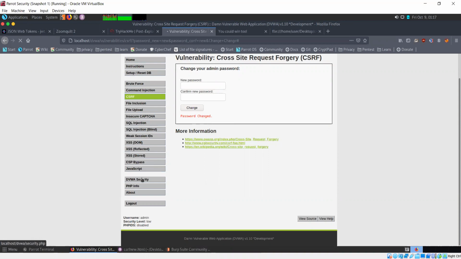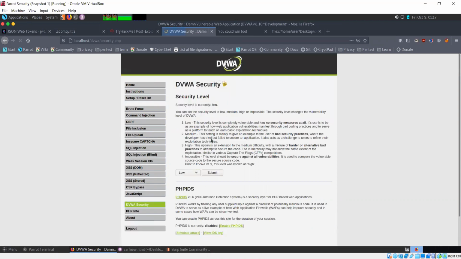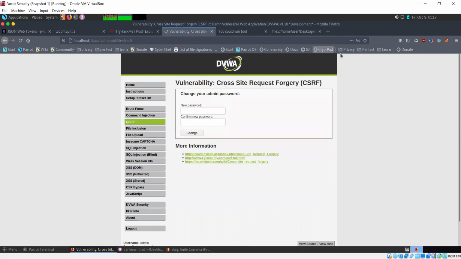Now let's change this security level. I'm going to close this for now. Okay, let's just keep it open. Medium, submit. Actually, I don't need to go to this page right now.